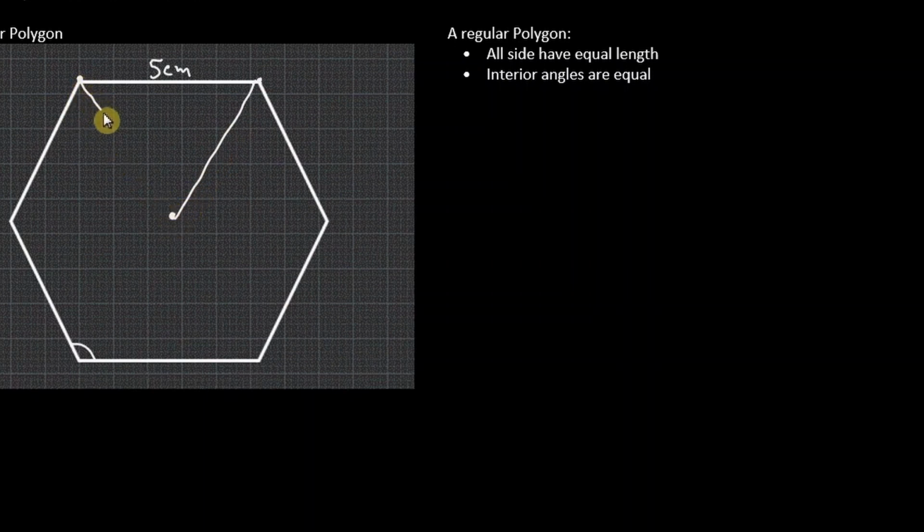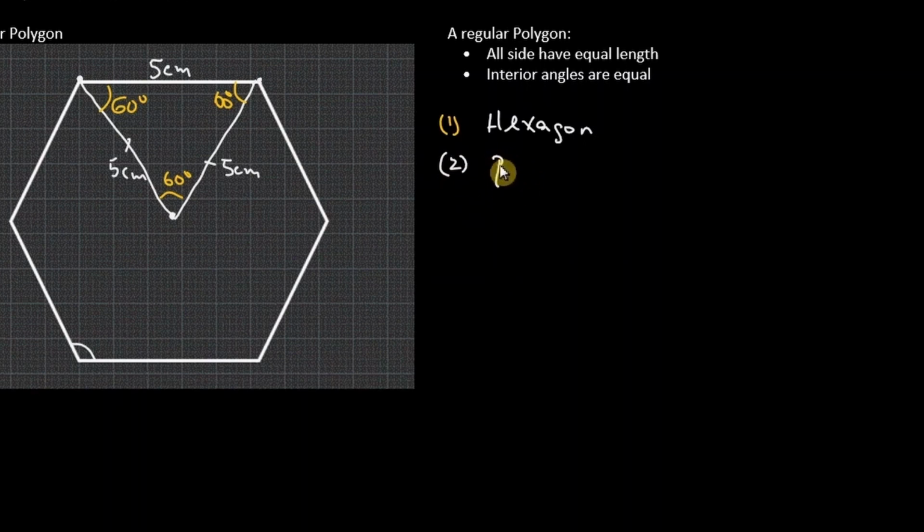So let us recognize that here. If this is 5 centimeters and this side is also 5 centimeters, then it means that this is an equilateral triangle. So each interior angle is equal to 60 degrees. First, let us identify this regular polygon. It has 6 sides, so we refer to it as a hexagon. It has a name. A 6-sided object is a hexagon, and the perimeter of this hexagon, let's look at that as